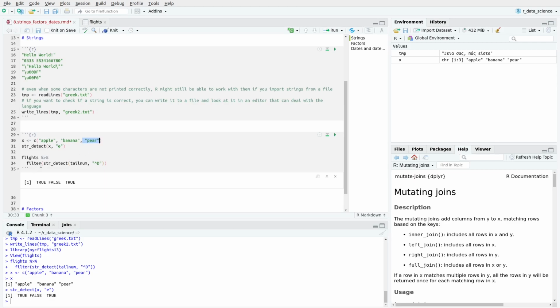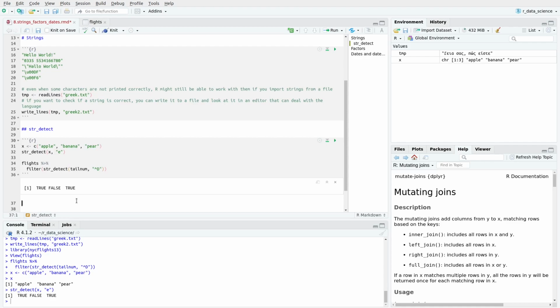And as you should remember, this is exactly what filter expects. Whenever a condition evaluates to true, it keeps the observation, the row from the data frame, and when the result of the condition is false, it removes this observation from the data set. Then next I want to talk about